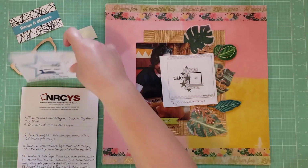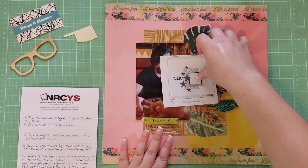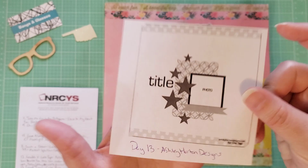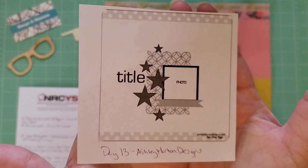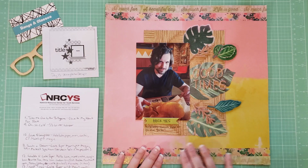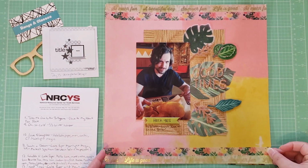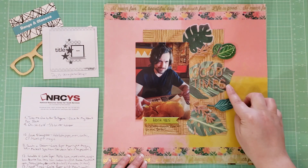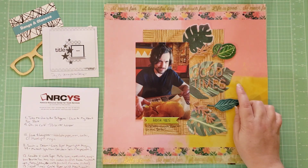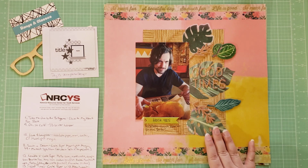All right, day 13 here. This is the sketch by Ashley Horton Designs, and this is what it looks like. So I kind of followed that pretty closely here. I got some more washi on this page, using up some more washi this month, and this one is just titled Good Times, and it's using Crepe Paper Wild Heart collection, which is an older collection